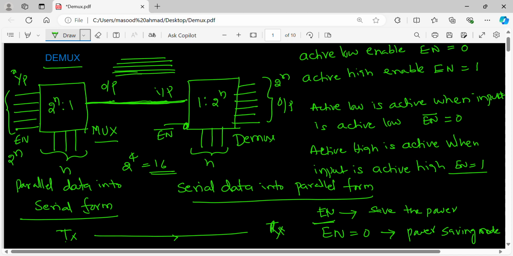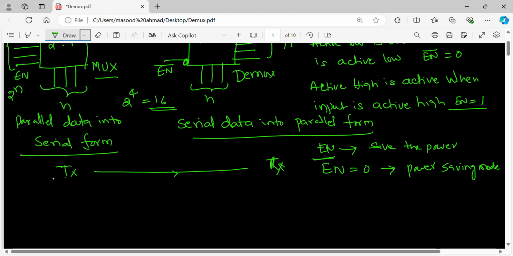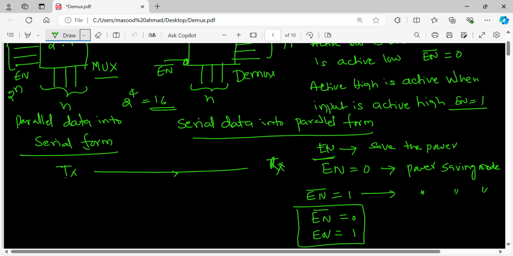Similarly, if I take enable bar, what is enable bar? Active low input. For this, if I give 1, you are doing the same power saving. It is in power saving mode. So if enable bar is low, it is functioning. When enable is 1, it is functioning. This is the condition for functionality, of course, but this is also useful for